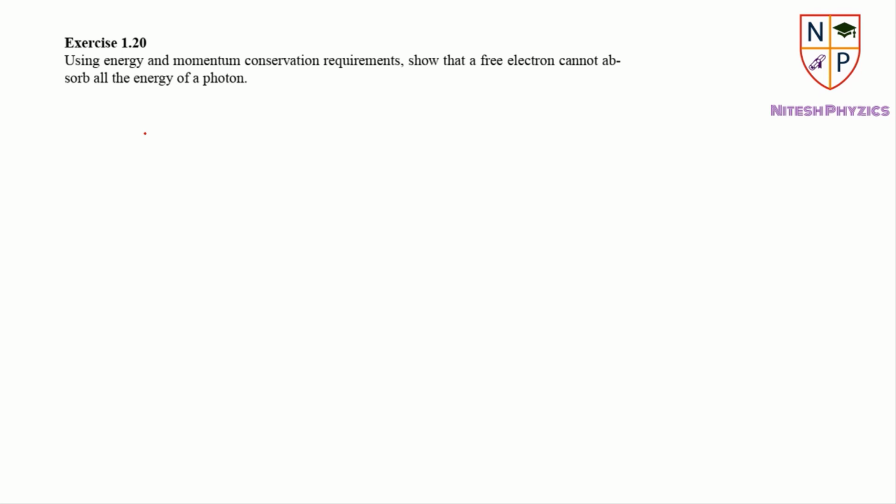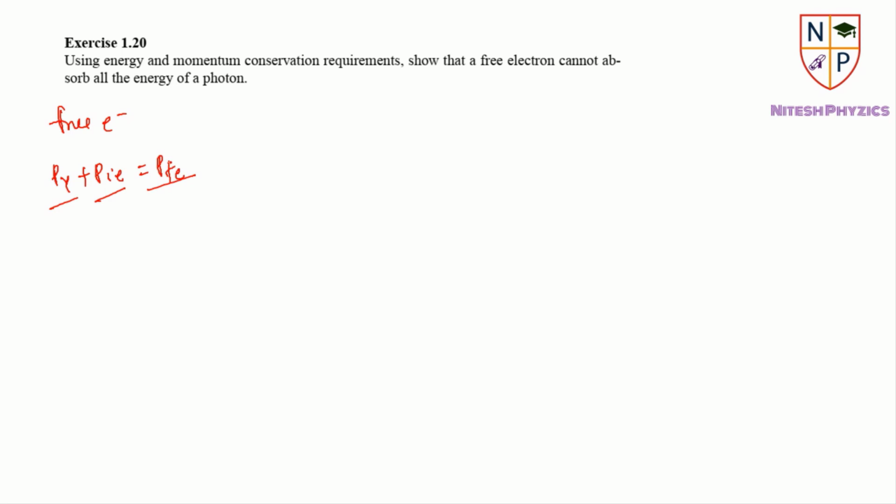What we are going to do? Let us consider the case of a free electron. Now, a photon, and by the conservation of linear momentum, the total initial momentum will be the total final momentum. Then P gamma plus P i, the incident electron, will be P f, where P gamma is the momentum of the photon at the initial state, P i is the momentum of the electron at the initial state, and P f is the momentum of the electron at the final state.